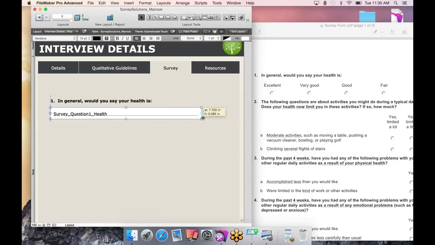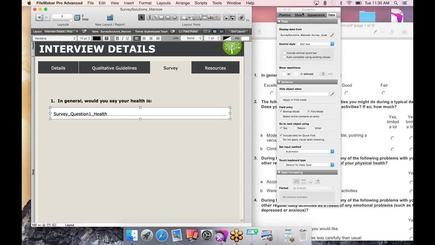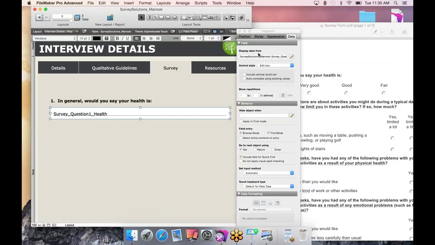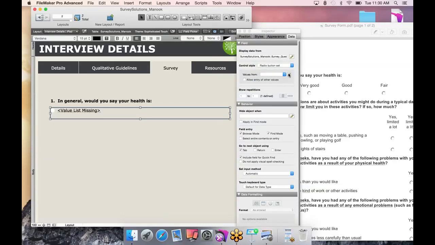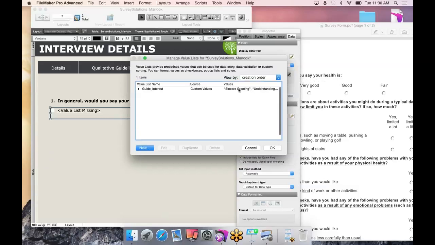Okay, and drag that out. Again, how do we make this a radio button? Okay, we only want one option to be chosen here. Well, kind of like what we just did with the checkbox, we'll go back to Inspector, make sure that our field is selected. By default, it's Edit Box like we expected. Now let's go ahead and select Radio Button Set, and then we're going to need to choose or create a